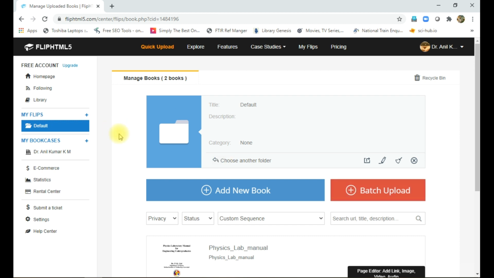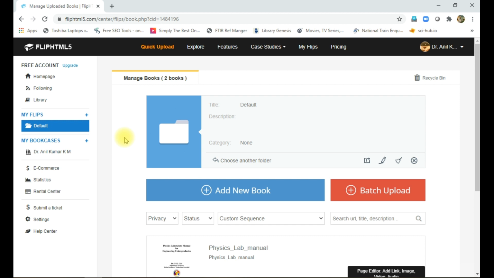So before uploading into this, why are we using this Flip HTML file? Usually in our tutorial sessions in classes, we have so many notes or textbooks in PDF form. Sharing this PDF is very difficult because of the size, and size may be different for different files.